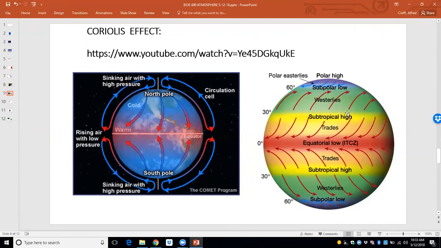But then you have these bands at the equator. They have the equatorial low, and then the trade winds just north and south of the equator, which are good winds for sailing, by the way, have been used for centuries by migrating routes, the trade winds. And then you get into the westerlies from 30 to 60 degrees, north and south, and then on the opposite side are the easterlies. And then the subtropical, subpolar low, and finally the polar high on both sides.